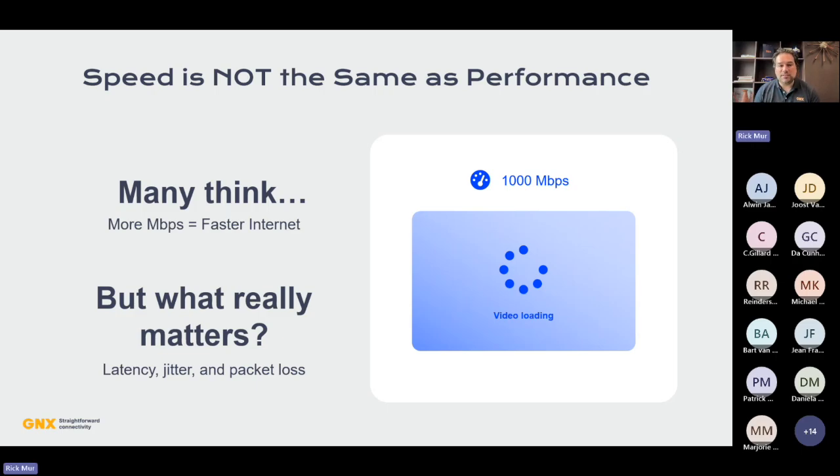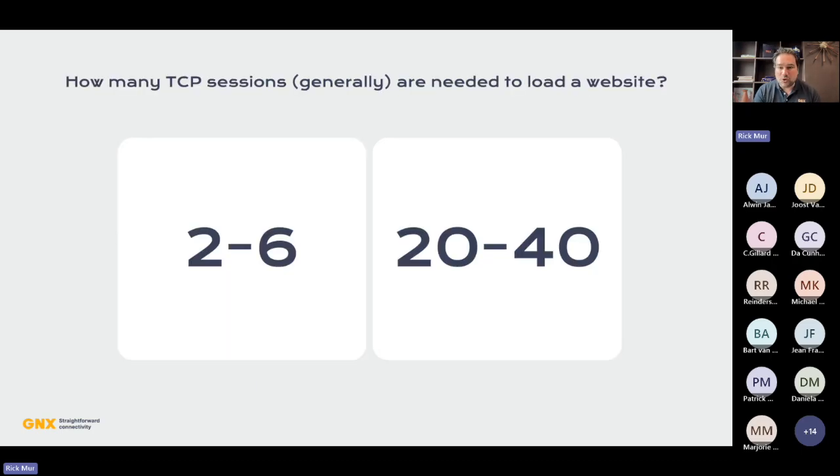So what really matters is a combination of it all. Of course, bandwidth matters for sure, but in some cases it's not the most important part. The most important part in a lot of situations is latency. And of course, quality of the latency and packets are things to consider with regards to the quality of a connection. But latency is, I think, the most important part when it comes to office connectivity and having the right user experience for users.